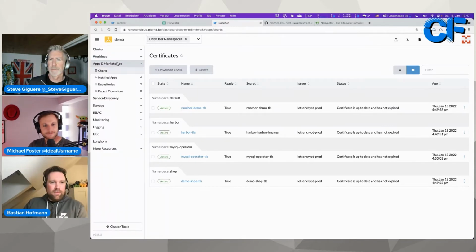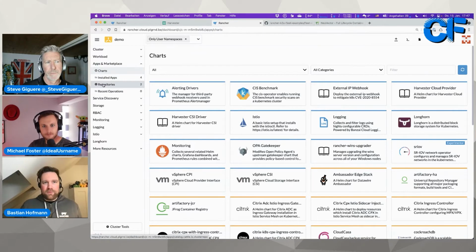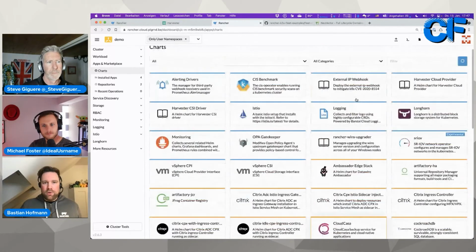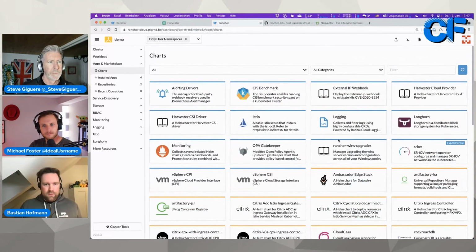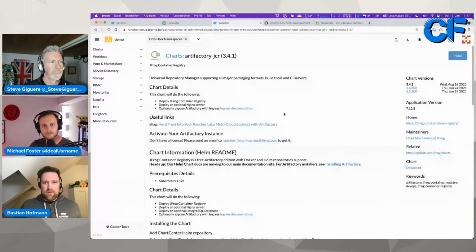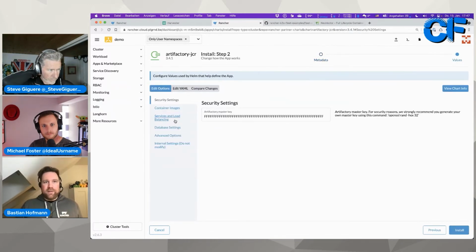I also have a direct integration of an application marketplace. This is in the end a front end for Helm. I can add my Helm repositories also here in the UI. And then if I wanted to install an application, I can just click on it. Let's see which one. Maybe if I wanted to install Artifactory, I can click on it and then go through the steps to install the Helm chart directly through a nice intuitive UI instead of having to do everything